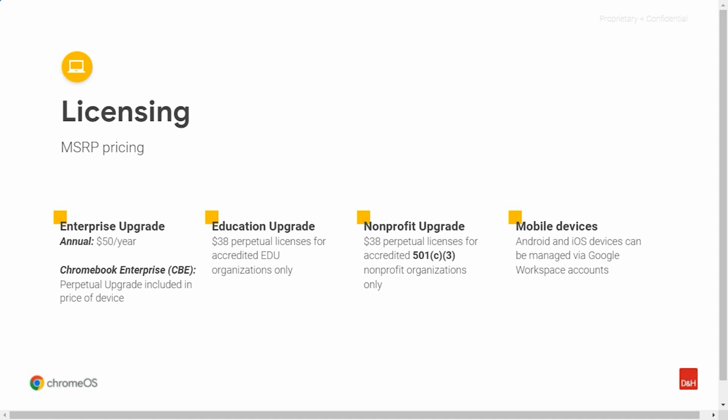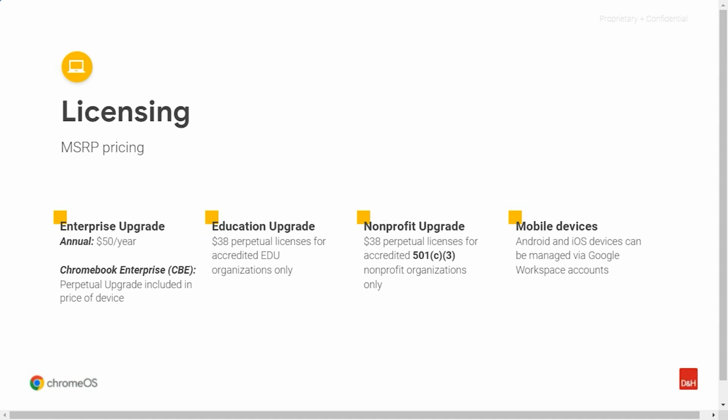And I just wanted to highlight a couple of things here so that there's no confusion, because some people don't realize that we have an EDU license and we have an enterprise license. We do have a $38 EDU license, and that's a one-time payment per device, right? So it's a perpetual license. Whenever they buy 1,000 Chromebooks, they have to buy 1,000 licenses. We have had recently, through our friends at DNH, a deal for almost 60,000 computers coming down the pike. And again, it's one-to-one. So if you sell them 1,000 devices, you have to make sure you sell them 1,000